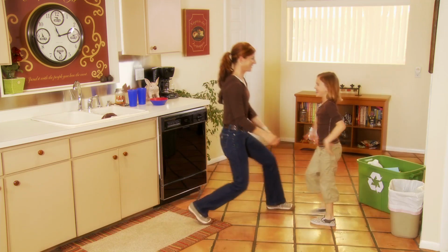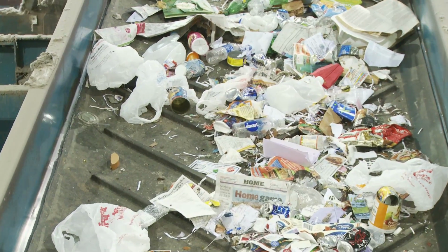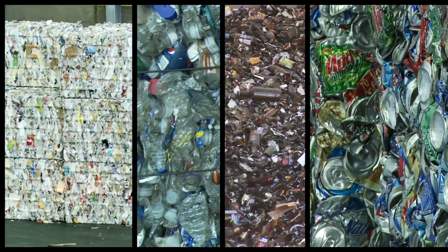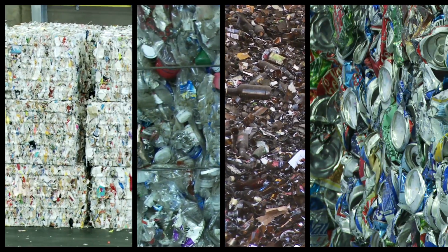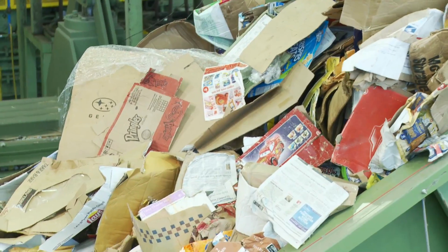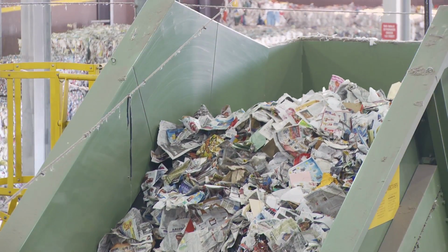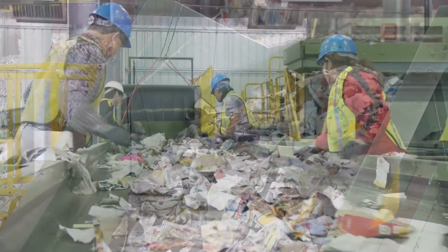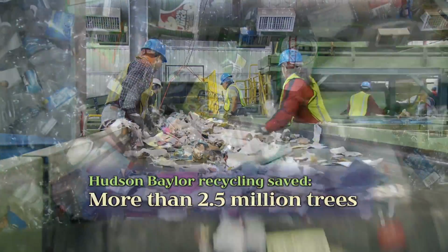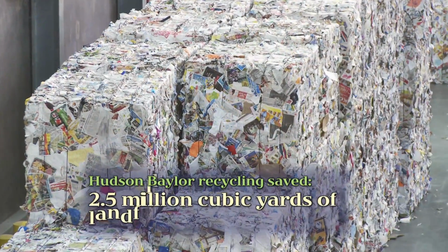With help from your recycling efforts, Hudson Baylor processed and recycled over 400,000 tons of materials in the last year. That is paper, plastic, glass, and metal that would have wound up in landfills and never used again. Without the recycling processed by Hudson Baylor, manufacturers would have used raw materials to make their new products. In total, we saved more than 2.5 million trees, over 2 million barrels of oil, and 2.5 million cubic yards